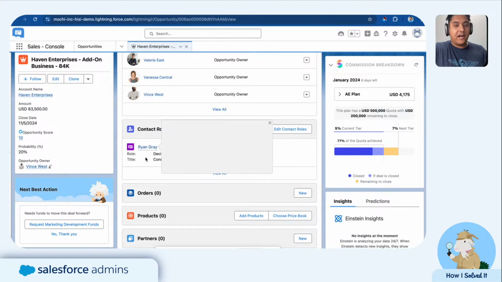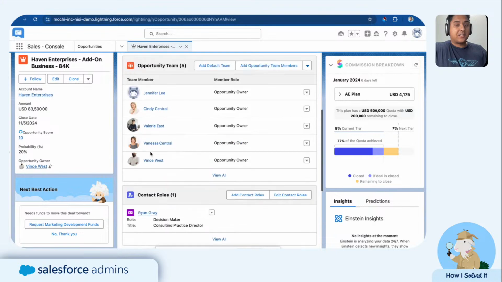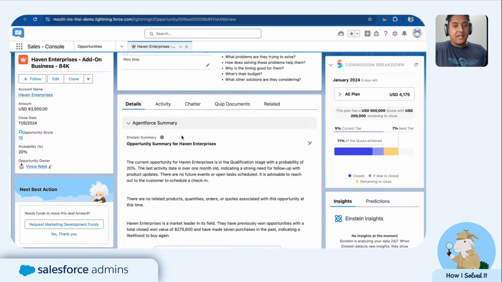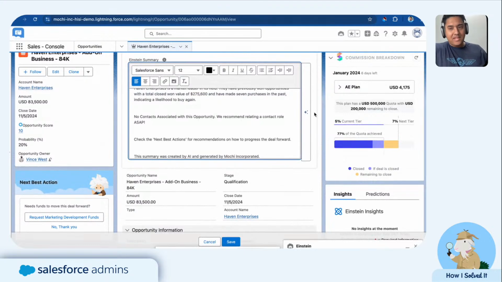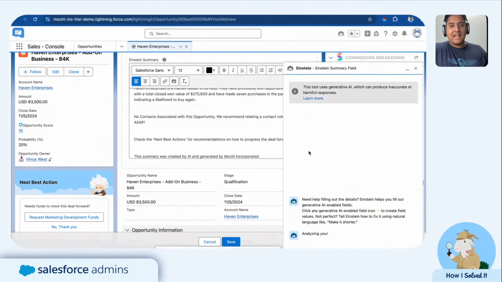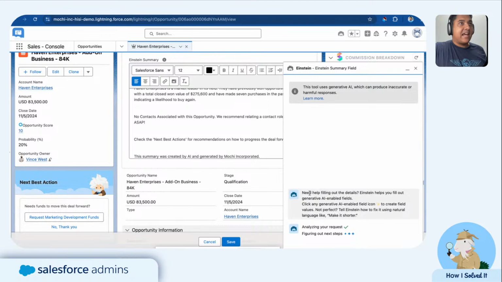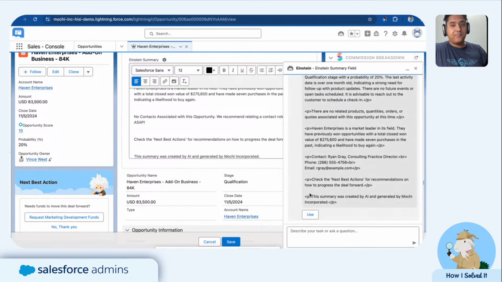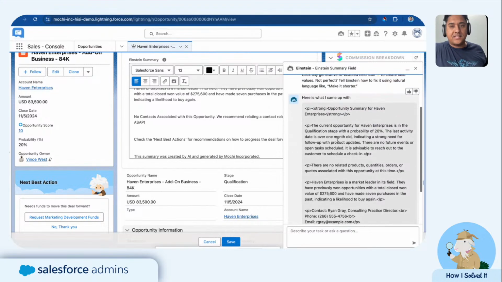So I've found Ryan Gray for Haven Enterprises, and I've added Ryan Gray as our contact role. So I can go back to this detail. I can click this magical edit button here. And then I've got these stars indicating that we're going to be using Einstein Agentforce to update this. So Einstein is going to analyze this data. It's going to analyze a prompt that we've used to feed this field, and it's going to generate this updated